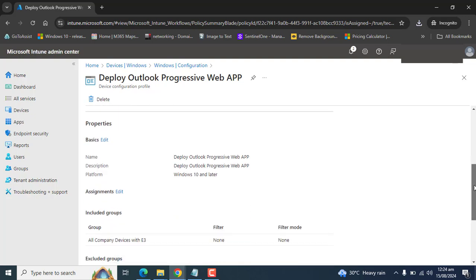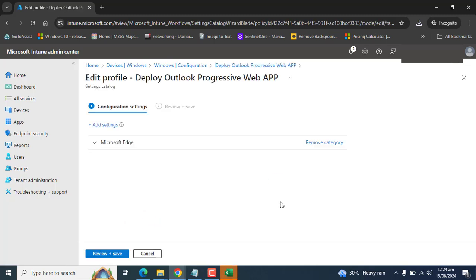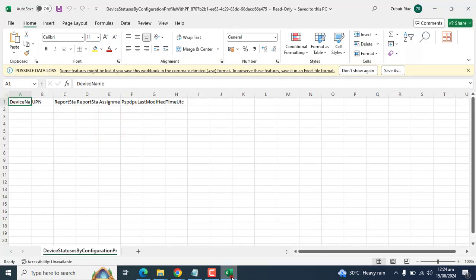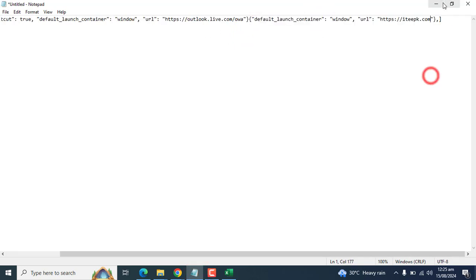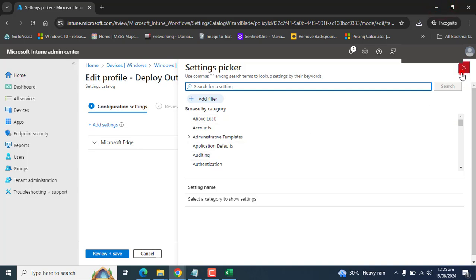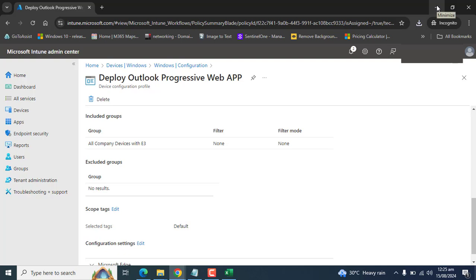Let's see here in the configuration settings. Right, you can add a setting and extend this URL, and you can add one more setting there if you want. So yeah, that's it from admin, and let me show you how this web app will appear